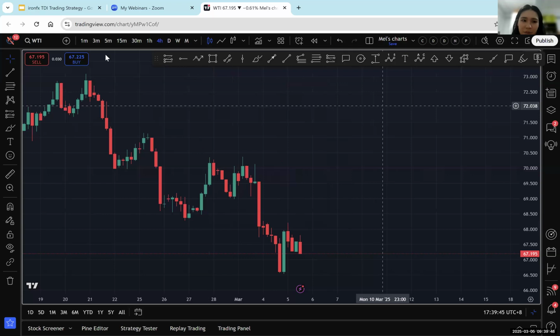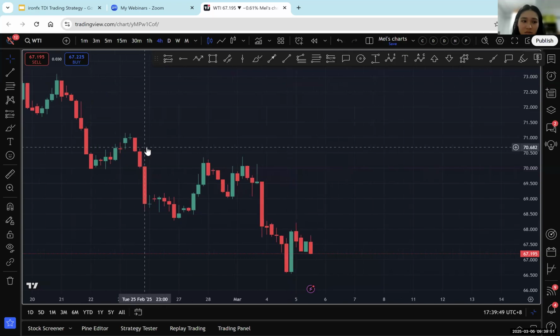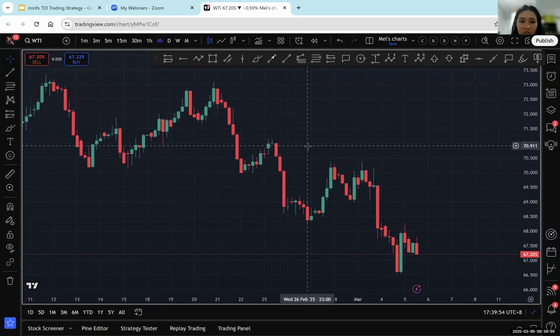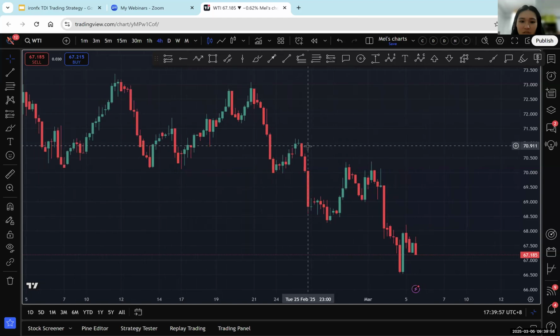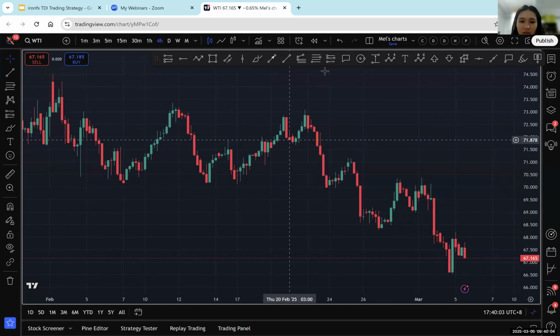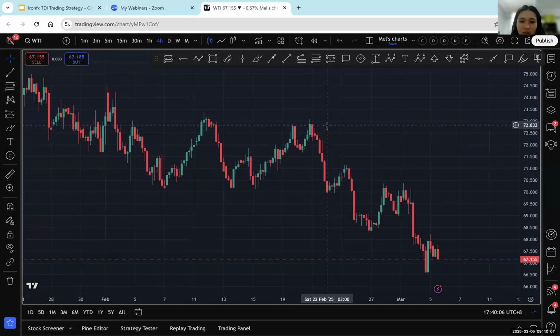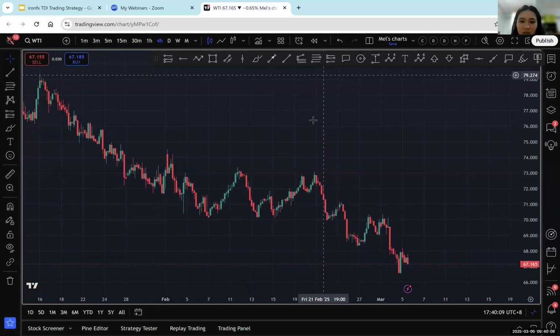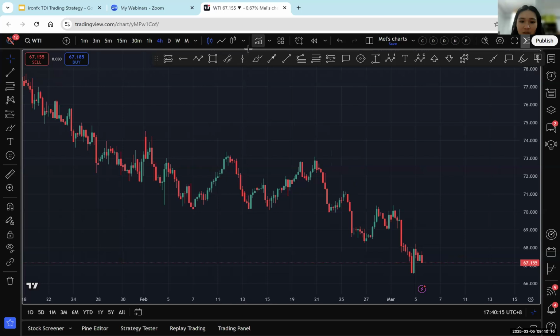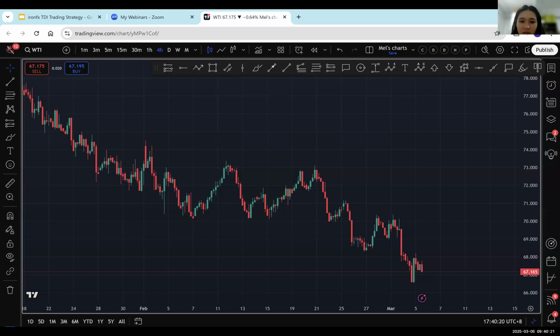Okay, I'm just gonna do an analysis on the current chart that I'm looking at, which is WTI. Okay, since today's session is on TDI, I'll maybe just focus on that. Actually, no, okay, we'll go through the entire process as per usual, and then we'll just use TDI as